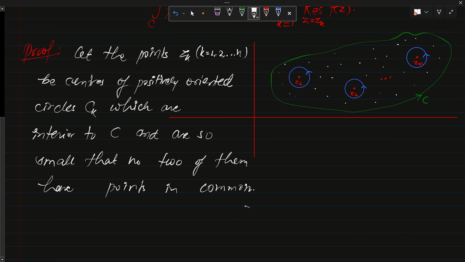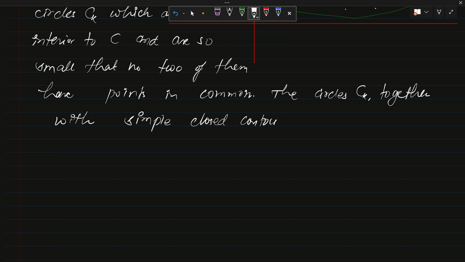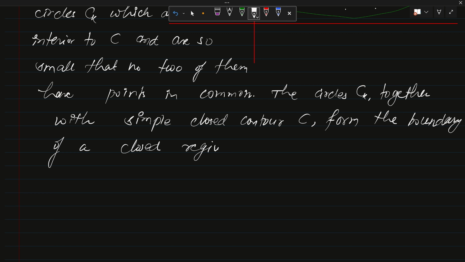Okay, now this circle, you can see the circles Ck together with simple closed contour C, with simple closed contour C form the boundary of a closed region throughout which f is analytic, right,